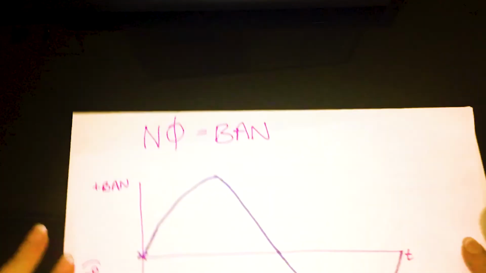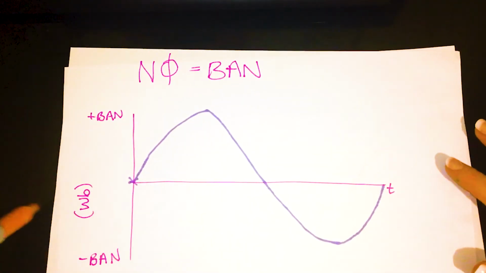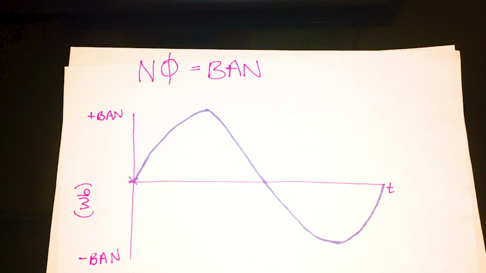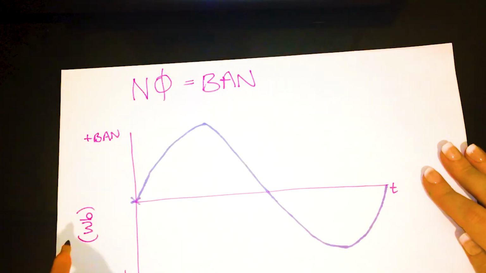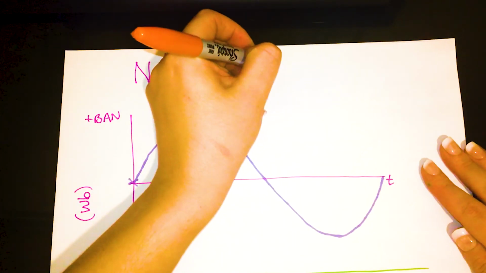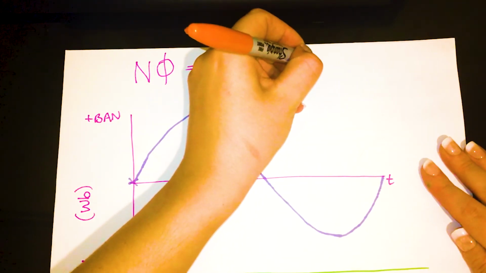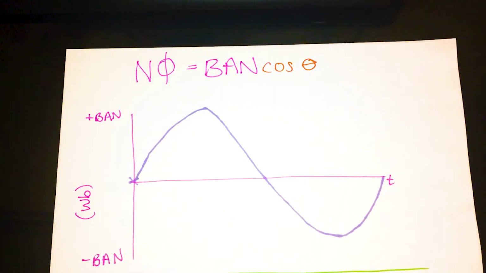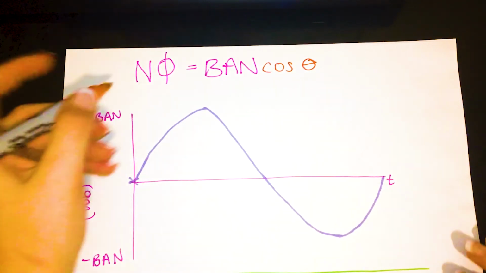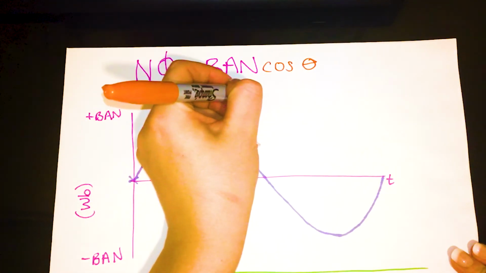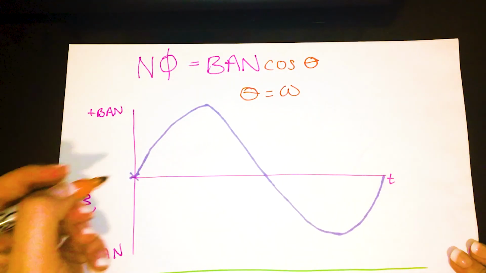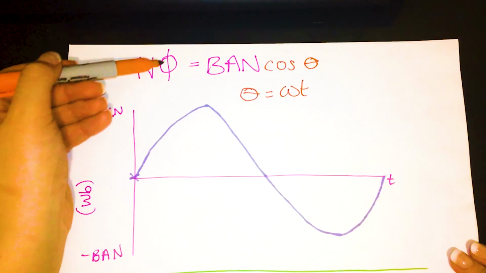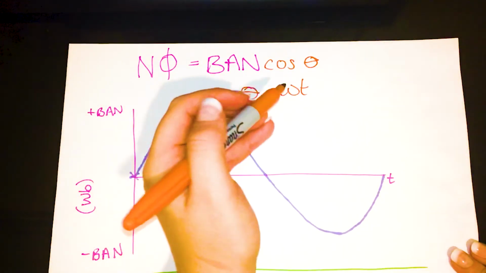Now, any genius will probably have cottoned on by now that it's going to be completely dependent on how fast that coil is spinning and obviously the angle in which it's going through. So the equation we know for flux linkage, due to it spinning in the field, is going to be adding on the cos theta. But from when you did about waves, you should know that theta equals your angular speed, omega, times by the time in which it takes. So another way of writing this equation out is